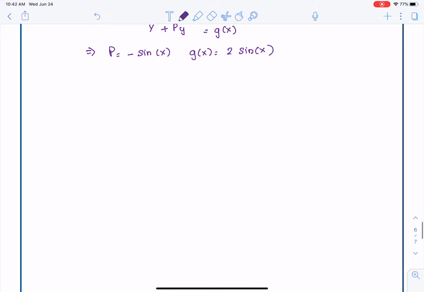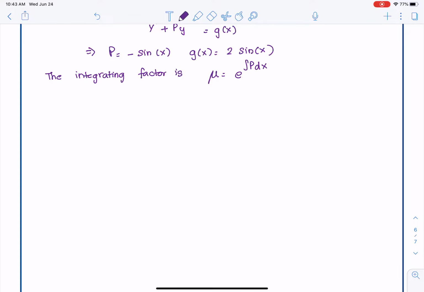The first step is to find the integrating factor, which is mu,